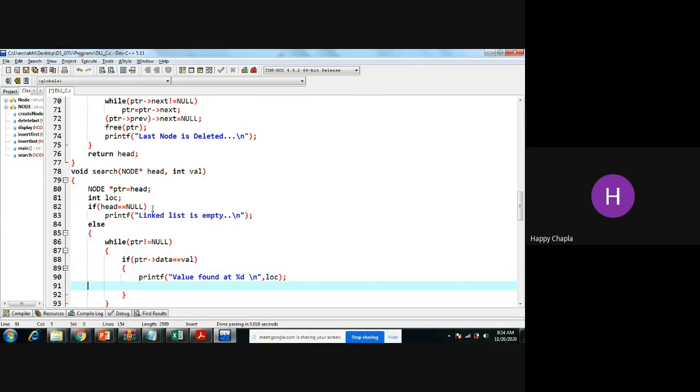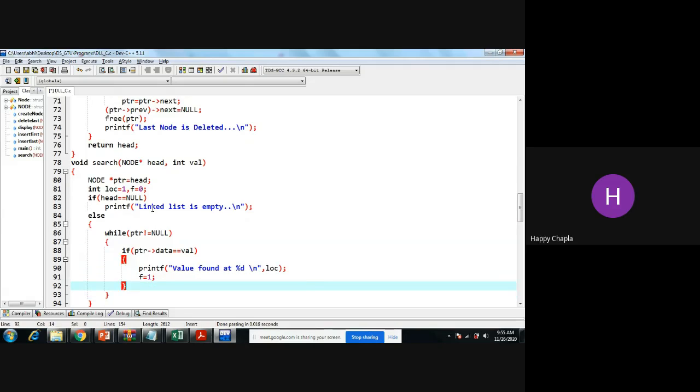Now, if my value is not found, then what happens? So how we can identify that value is found or not? So for that, we are just trying to declare one more variable. Location, I am starting with 1. f is equal to 0 first. I'm assigning. Okay, and inside this I'm trying to make my flag equal to 1. Okay, so what it means, like if value is found, then flag will become 1. So if my flag value is equal to 0, then I couldn't find my value. Okay,